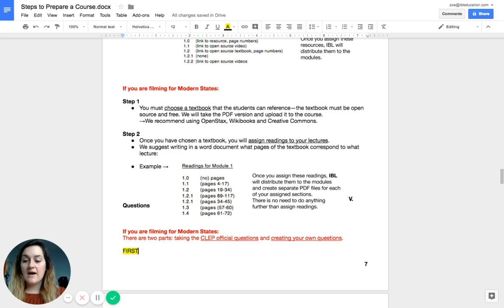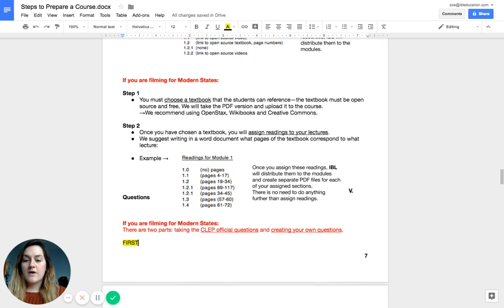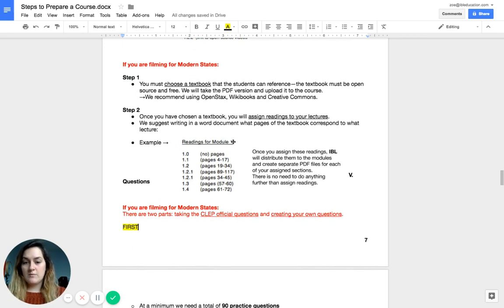The second step, after you have chosen a textbook, is to assign readings to your lectures. So we suggest that, as I mentioned before, writing in a Word document what pages of the textbook correspond to what lecture, or what chapters correspond to what lecture. So for example, you can see here, reading for Module 1. 1.0, there are no pages. 1.1, pages 4 through 17. 1.2, pages 9 through 34, and so on,